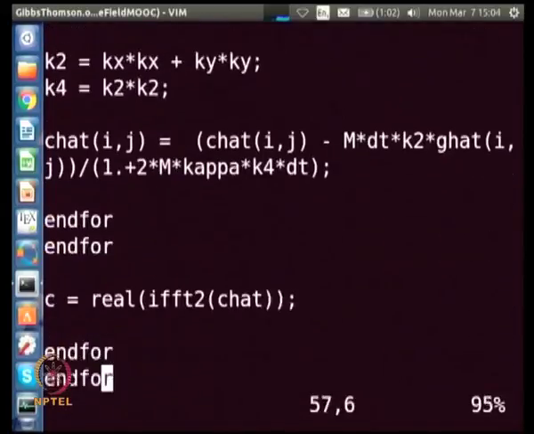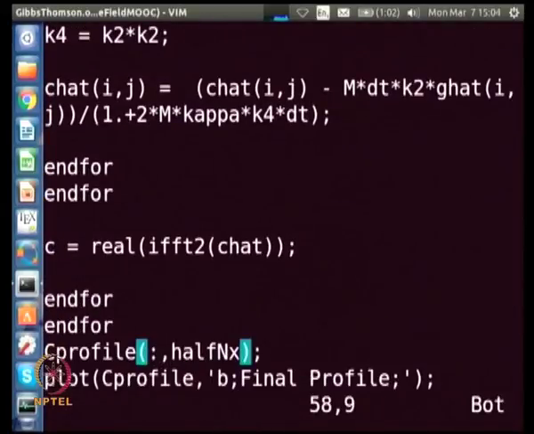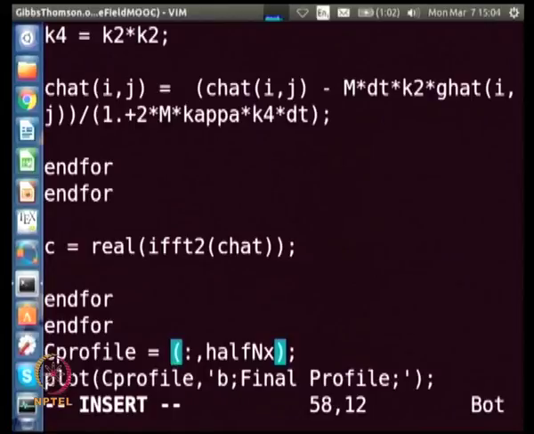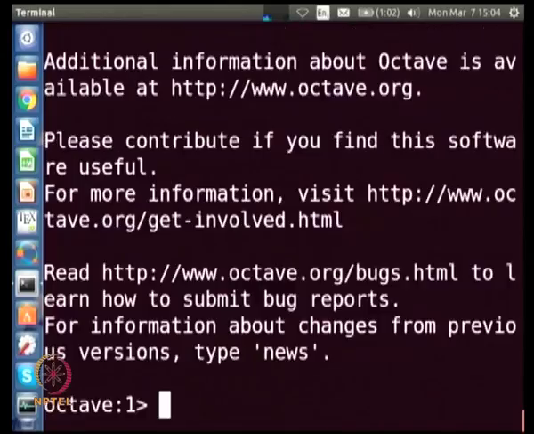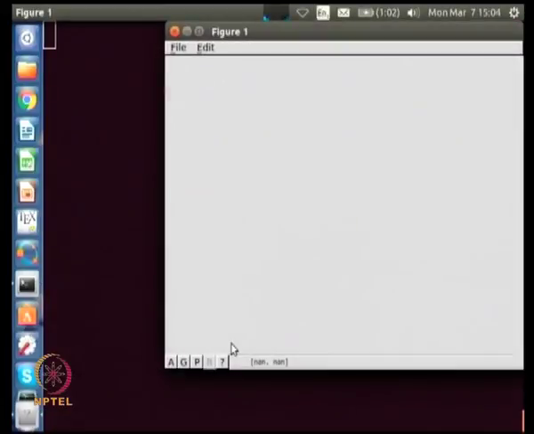So, we have to take the composition profile and we have to take it along a line and call it as C profile. Okay. So, that is a mistake I made. So, let us now try to run it.